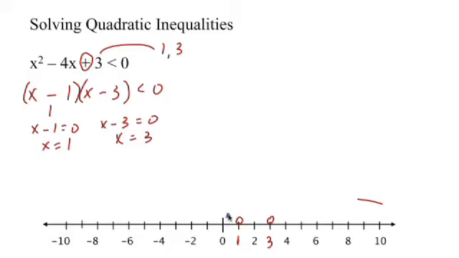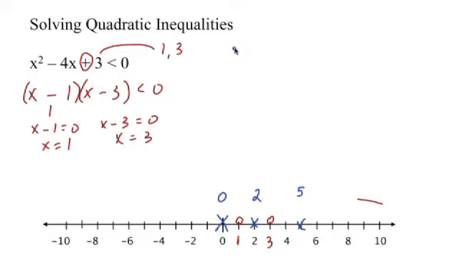We're going to use 0. 0 is always easy to plug in, always a good choice. We only kind of have one choice here. Now, we could always go decimals. But we're not going to. We're going to avoid the decimals. And then we'll come over here and we'll choose a 5. So we're going to substitute each one of these numbers into the original inequality and figure out if it satisfies the equation. So let's start with 0.